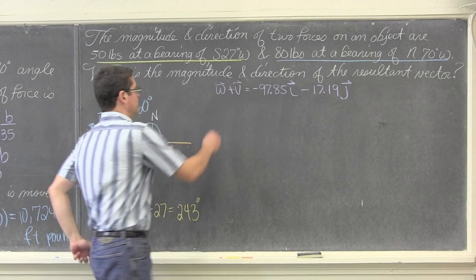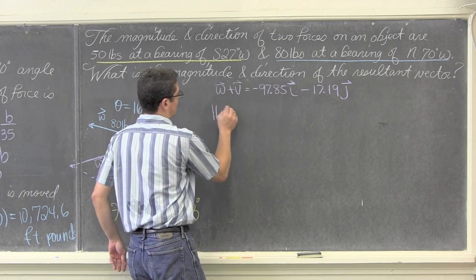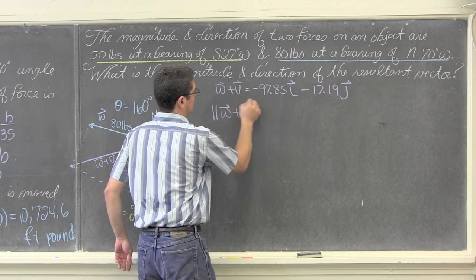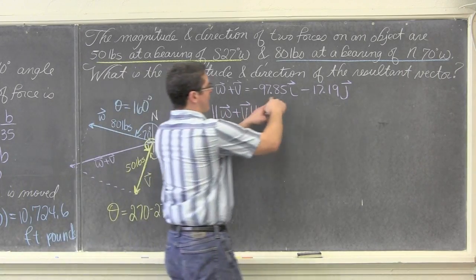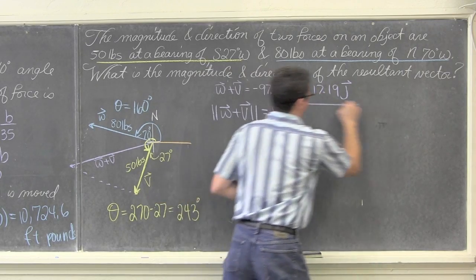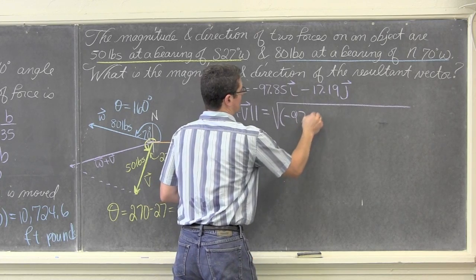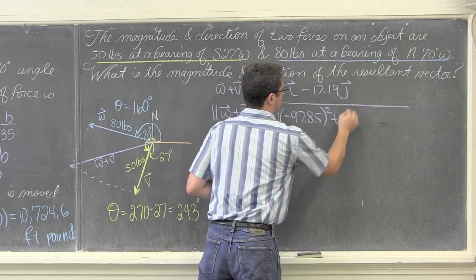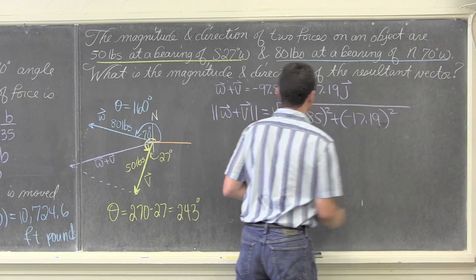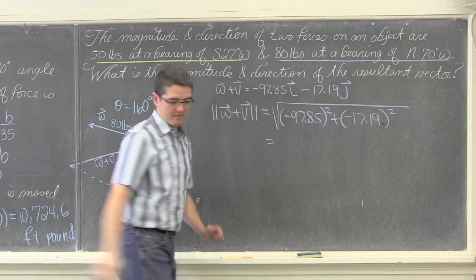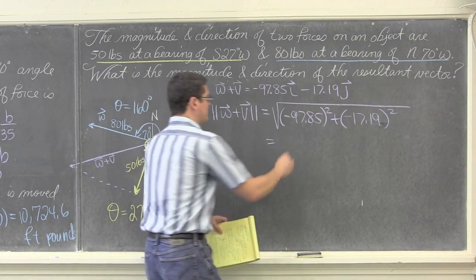Let's find its magnitude. So we're going to apply our double absolute value symbol, or whatever this thing's called. Well, it's the magnitude of a vector symbol. And that is when we have our vector in component form, we're just going to work out Pythagorean theorem basically. So it's going to be negative 97.85 squared plus negative 17.19 squared. And that magnitude ends up coming out to be, off the top of my head, 99.3.